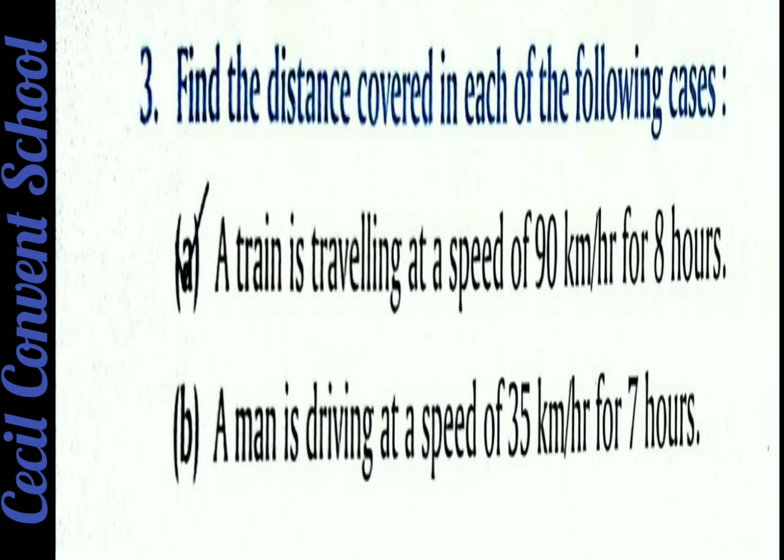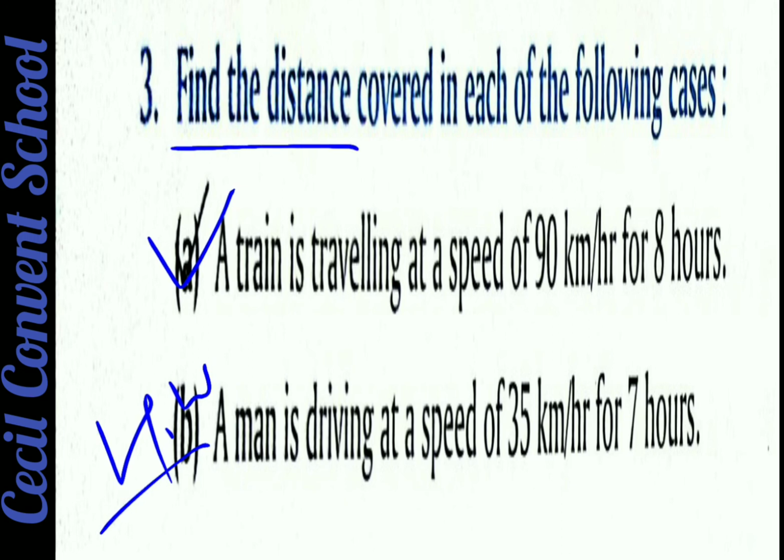Now students, we do question number 3. In question number 3 also I will do A part. B part is the homework for you. That one you have to do, because in this we are using only 3 formulas. Whichever one is applicable over there, we use that one. Now see, here we have to find the distance. So now that we are finding distance, what formula do we use? Speed into time. Clear? So speed of 90 km per hour, so the speed is given, and this is the time given. In the second question, speed of 35 km per hour, means this is speed given, this is time given.